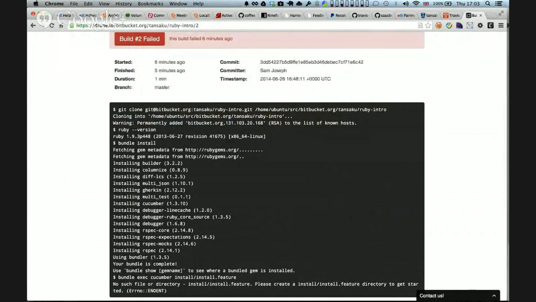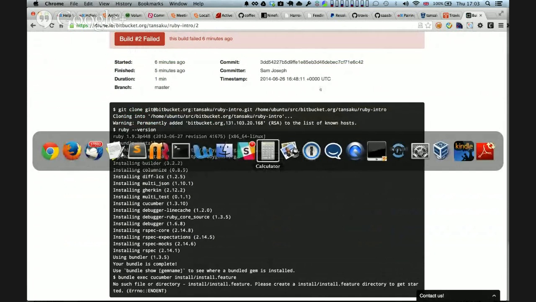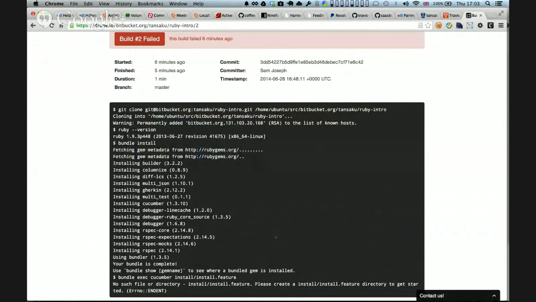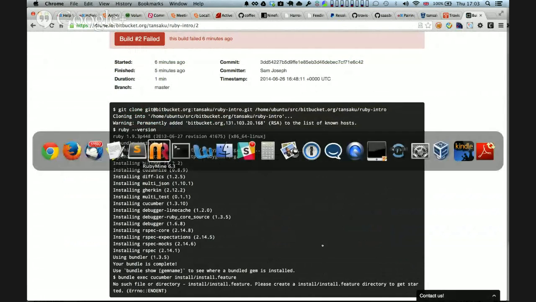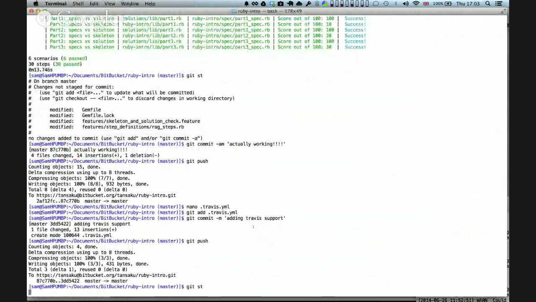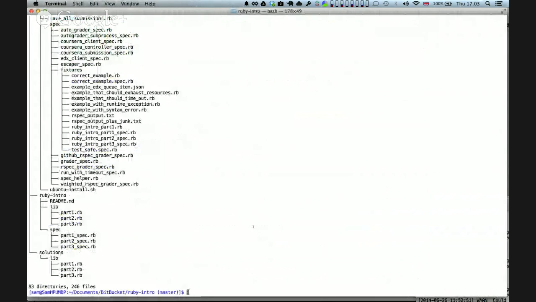Oh, debug this cucumber install.feature. It seems to have failed. It says it can't find install.feature. That's weird. Does it not exist? Well,